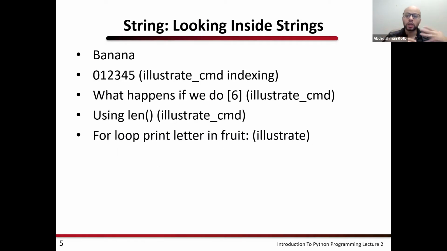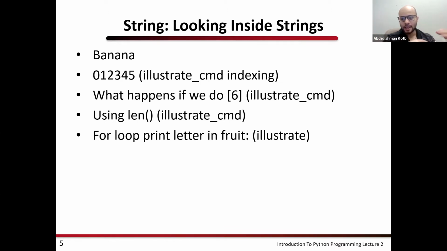So now I want to look inside a string, and this is actually very important and very useful whenever you have thousands and even millions or hundreds of millions of words, and you're trying to look within these words, looking for a specific word, specific meaning, specific sentence. Indexing becomes very important. So for example, if we have a word like banana, Python has an indexing method, zero indexing, meaning that whenever Python starts counting, it starts from zero, except for length, which is a bit counterintuitive.